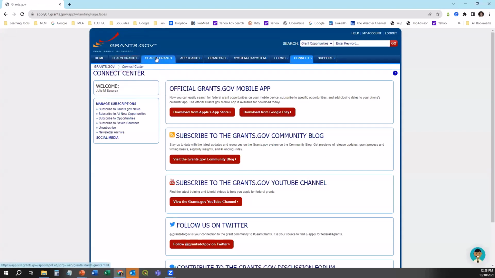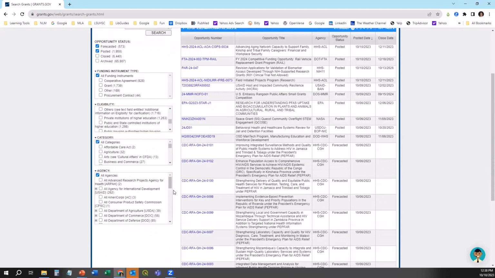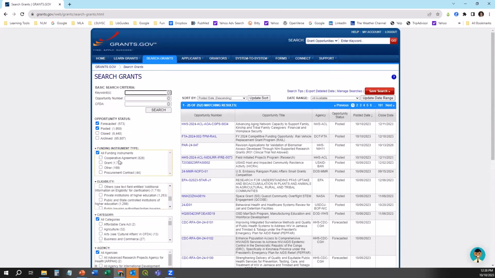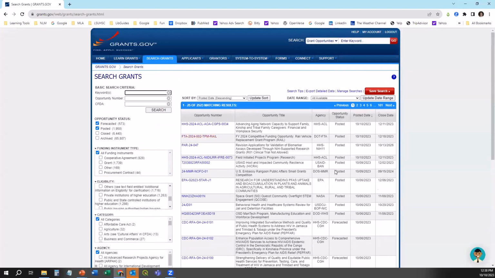So this gives me the opportunity to search grants here. This is the search system. It does have eligibility, it's got categories, and an agency, but it doesn't have a lot of options like Grant Forward, which is another reason why Grant Forward is preferred by some people instead of searching grants.gov. The key thing to remember when using grants.gov is that it ORs words together when you put a space